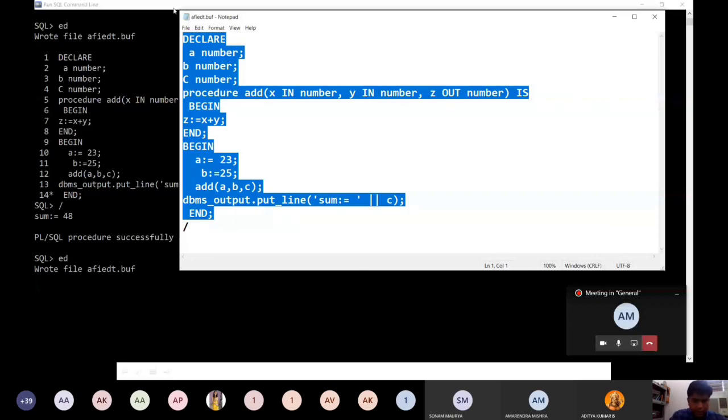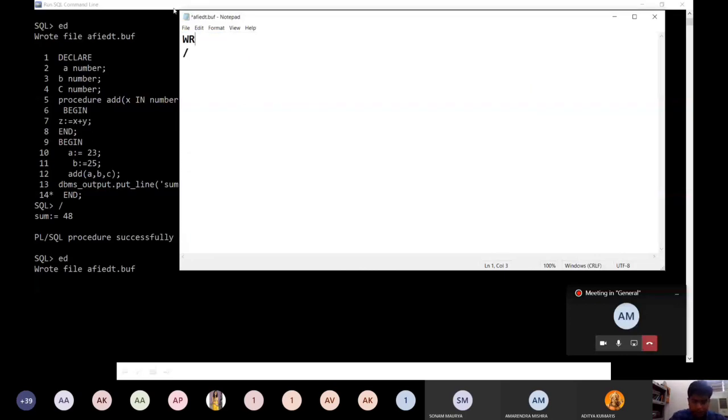or write a PL/SQL program to find the square of a number, right?